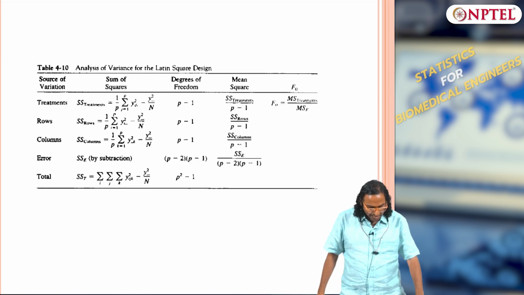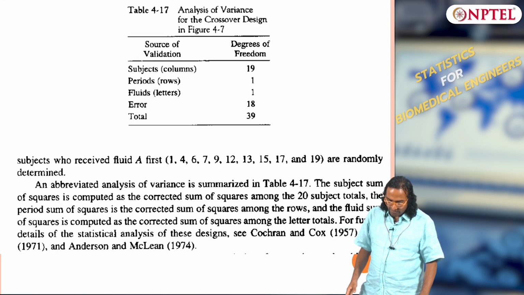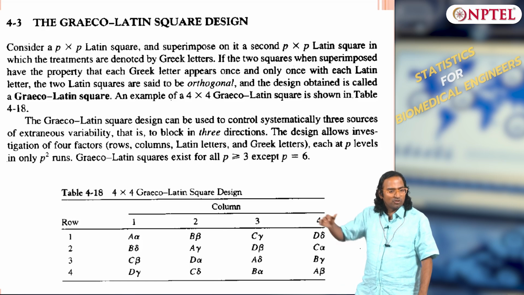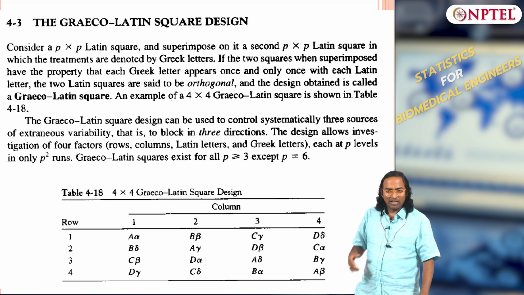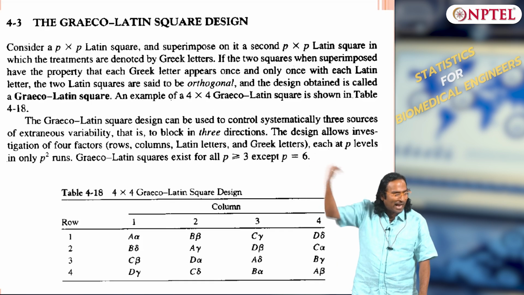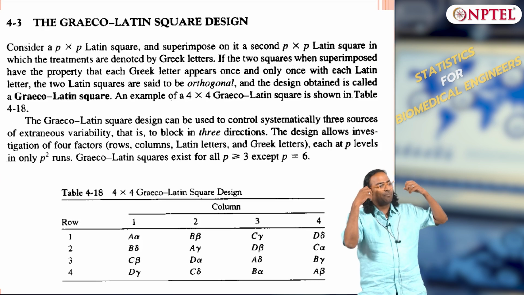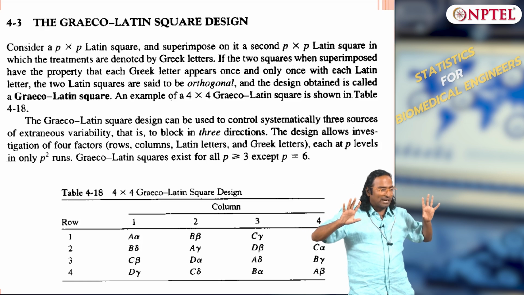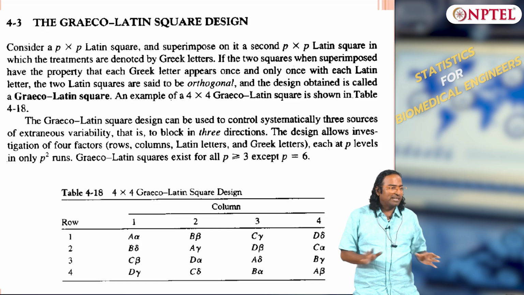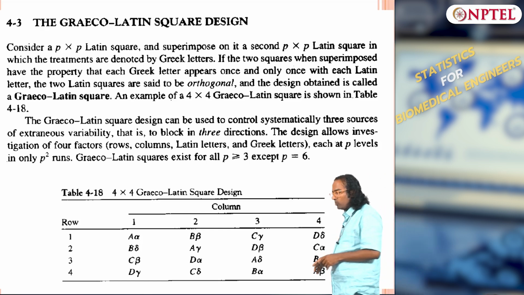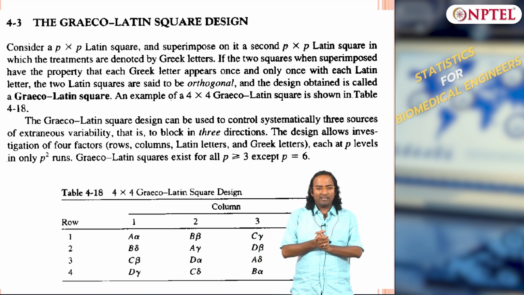So next class we will actually solve this. I am not going to derive anything; I will show you an example and complete it, and we will move on to the Greco-Latin square, which will be the last part, where I could have multiple factors. Not just 1, 2, 3, you could have as many factors as you want. Okay, so that will be the pinnacle, meaning I would have covered any number of variables without interaction. After this we will move on to interactions. We will do 2 factorial and 3 factorial experiments, 2 to the power 2 and 2 to the power 3, and then call it a day. Clear?